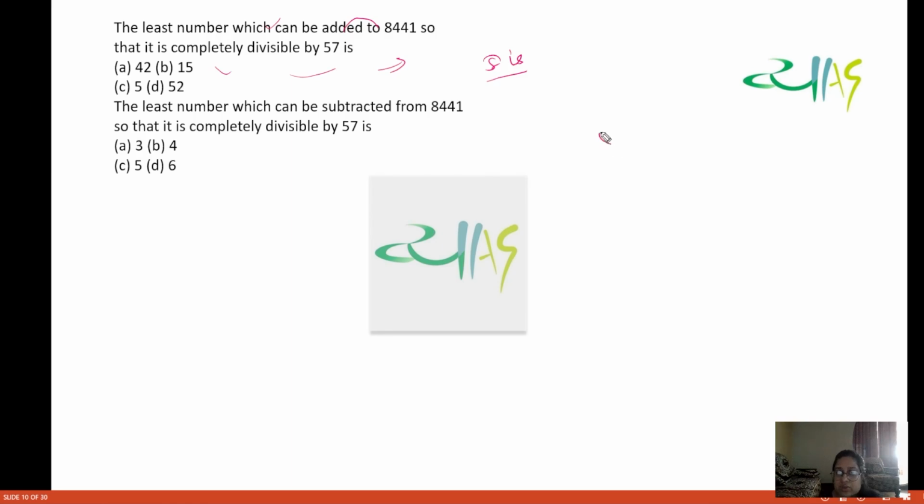So how can we do this question? You have 8441. You have to divide this by 57. Now see, I have listed both of the questions in the same slide. दोनों को एक ही साइड में इसलिए रखा है क्योंकि ये दो क्वेश्चन एक दूसरे के कॉम्प्लीमेंट्री है। आप क्या ऐड करेंगे किसी नंबर में कि वो डिविजिबल हो